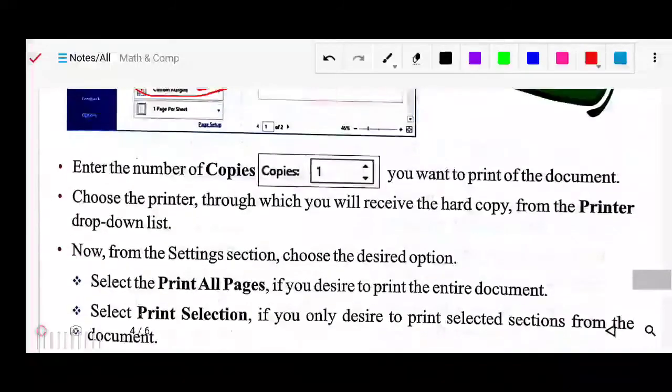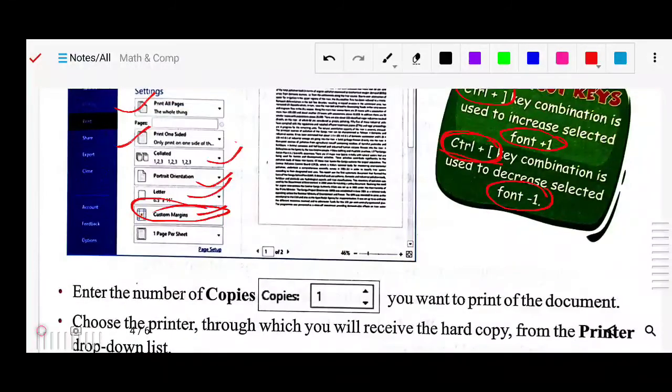Here are some more options. This is the option to navigate your pages; you can navigate your page from first, second, third. And this is for zooming and magnifying; you can zoom from here. Here is the zoom out, here is the zoom in. So likewise, one by one we will see here.